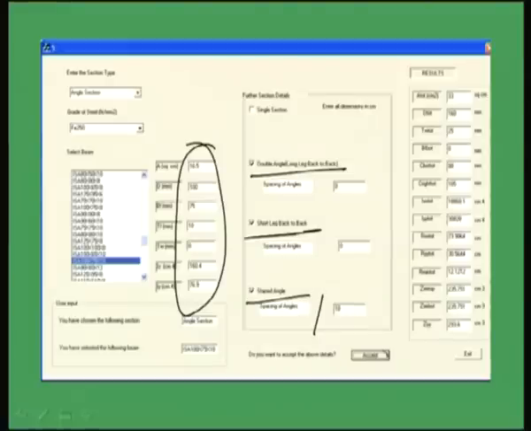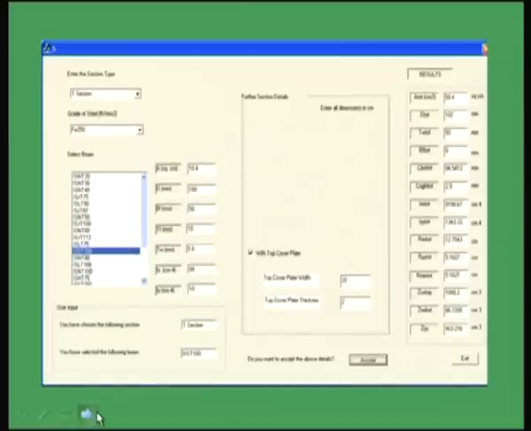Then accordingly if you accept, you will get the value. So these are some ideas I am giving you so that you can start making a program accordingly and you can use it on your own. However, you can contact me through email so that I can give you this software also if you need, right.